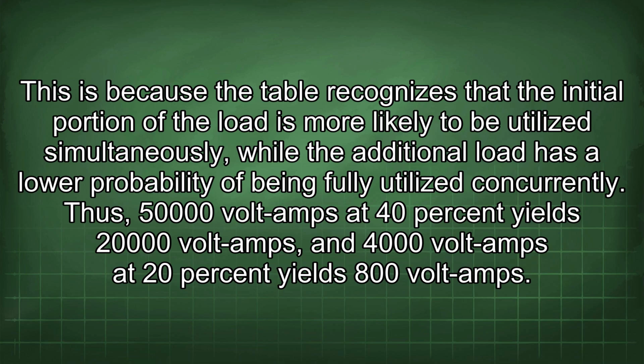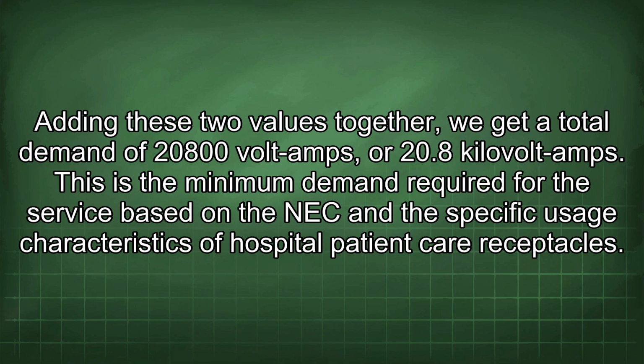Thus, 50,000 volt amps at 40% yields 20,000 volt amps, and 4,000 volt amps at 20% yields 800 volt amps. Adding these two values together, we get a total demand of 20,800 volt amps, or 20.8 kilovolt amps. This is the minimum demand required for the service based on the NEC and the specific usage characteristics of hospital